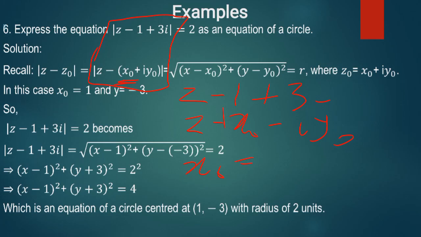Since both of them carry a minus, it means x naught is 1. Agree? And what will be my y naught? Since this one has a minus sign and this one doesn't, it must be minus 3. Okay? So every time you're given a question like this and you're told to find the equation of the circle,